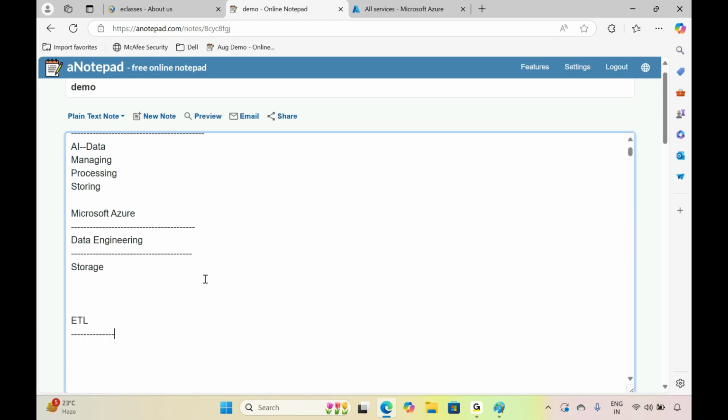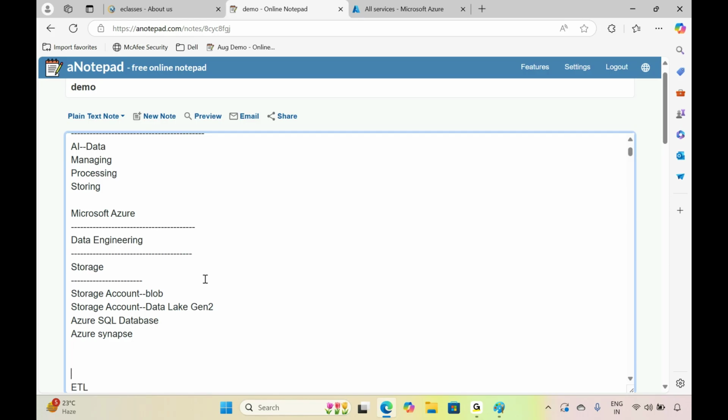For storage purpose, we are going to use either a storage account with blob storage, or a storage account with Data Lake Gen2, or Azure SQL Database, Azure Synapse.